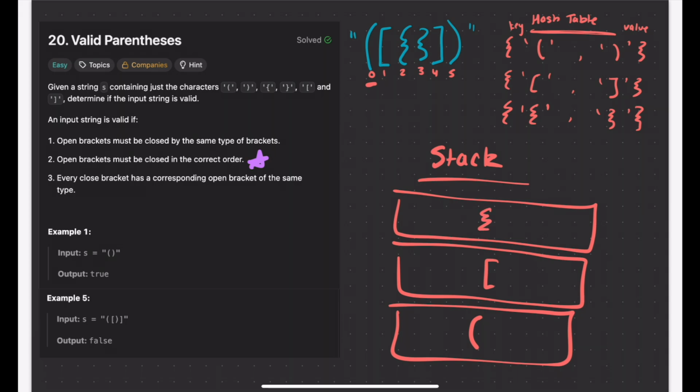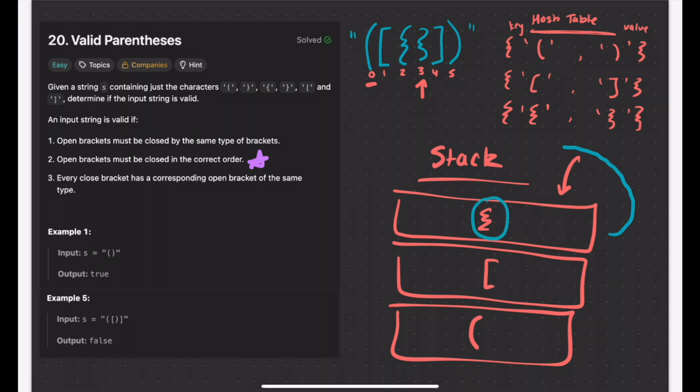Now I'm on the first close parenthesis. So now I'm going to look at the top of my stack, and I immediately as a programmer know, yes, these are two parentheses that match each other. They're both curly braces. But your program does not know that. Your program will do exactly what you tell it to do, which is where the hash table comes into the picture. So now, when I look at the top of my stack over here,